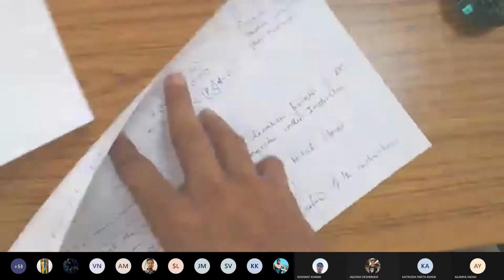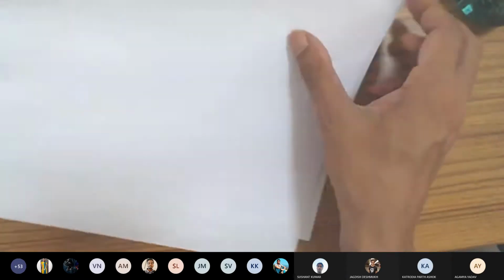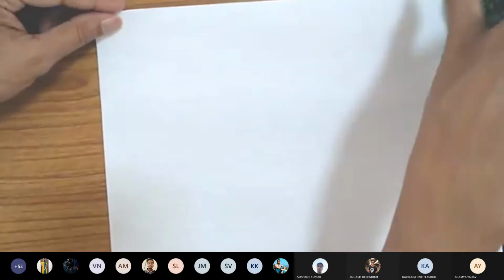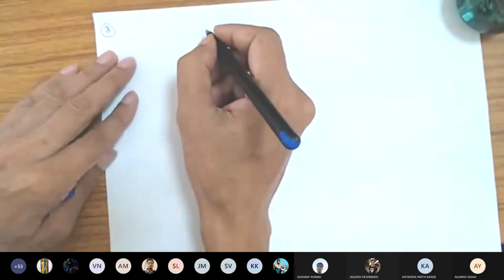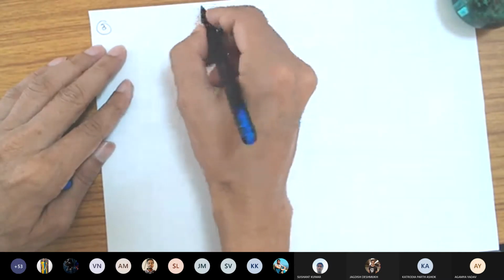Now, let's assume that the instruction is now in the instruction register. With a few exceptions, what do these instructions actually do?